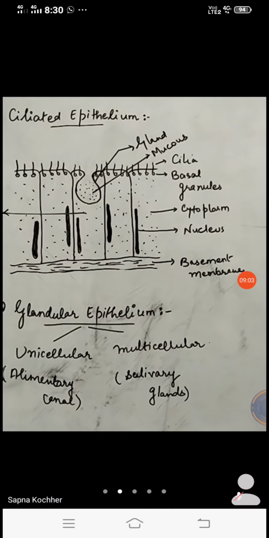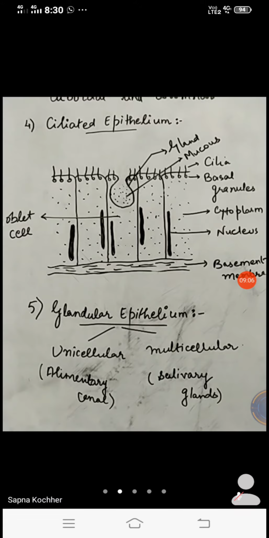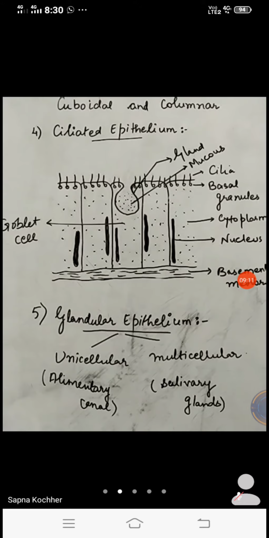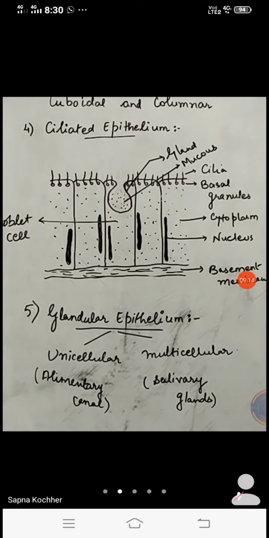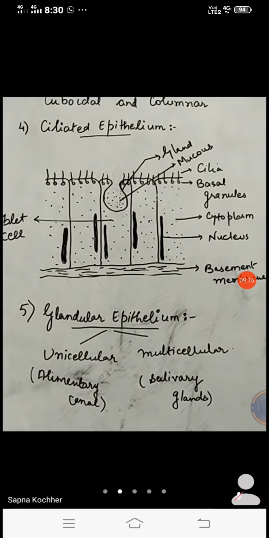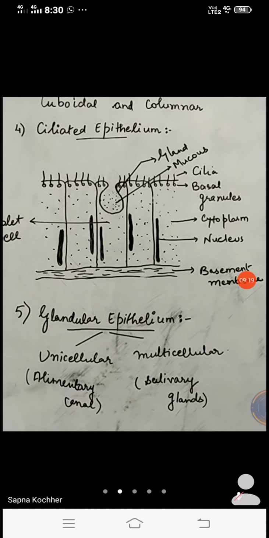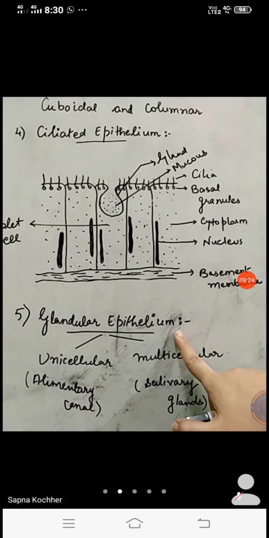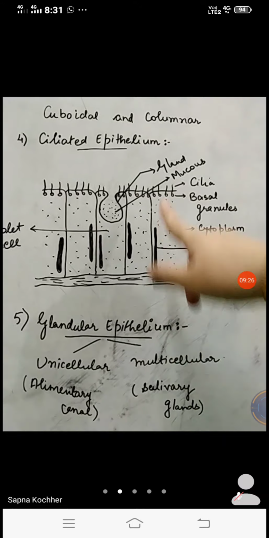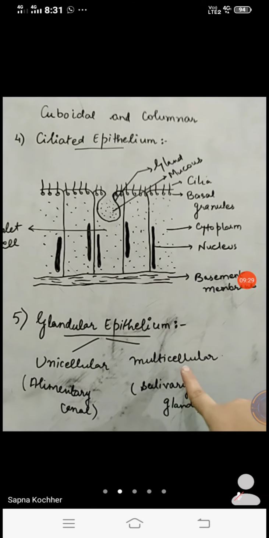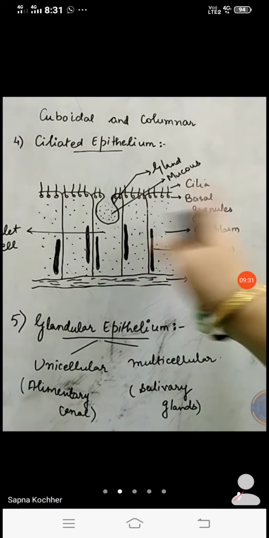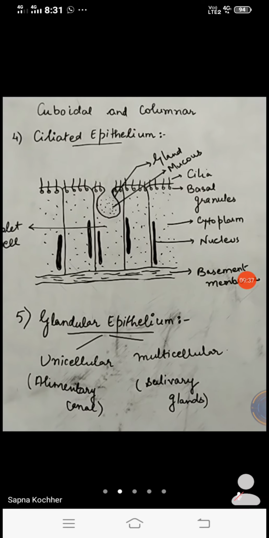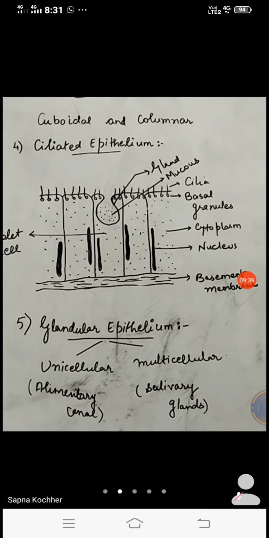Okay. So this is the fifth category of the epithelium, and the main role of all the epithelial tissues is that they are all lining type of tissues. They provide the lining and they also help in absorption. All kinds of epithelial tissues help in absorption as well as lining. There is one that is glandular which becomes secretive, and the one that is ciliated, these are the modified ones, which becomes ciliated and helps in better movement of the materials. Okay. So these are the five types of the epithelial tissues.